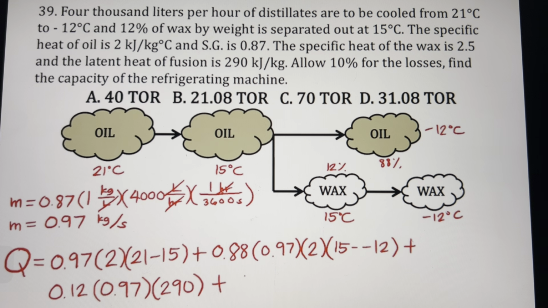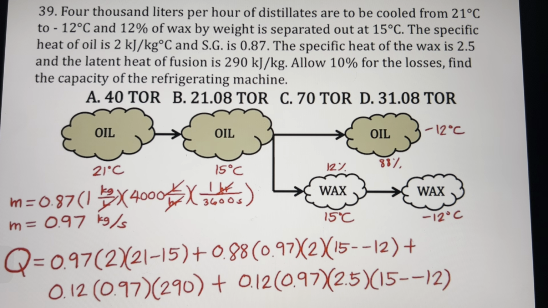So that will be 12% times m of our oil, which is 0.97, times Cp of our wax, which is 2.5, times the change of temperature in our wax, which is 15 minus -12. If you put that in our calculator, what will be our answer? Our answer here will be in